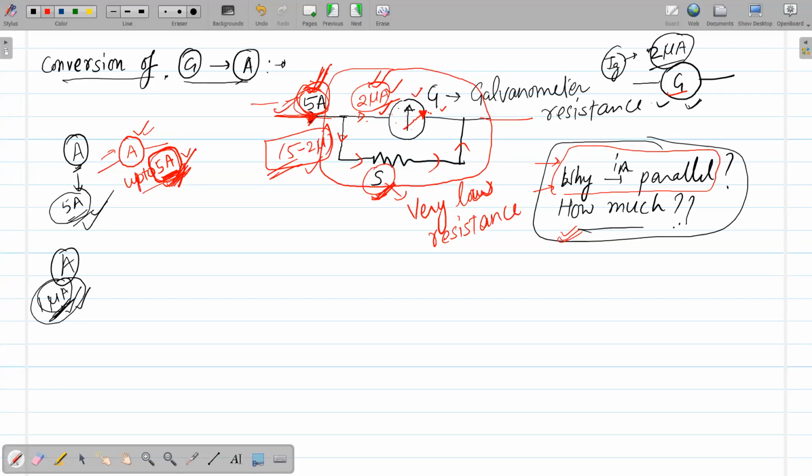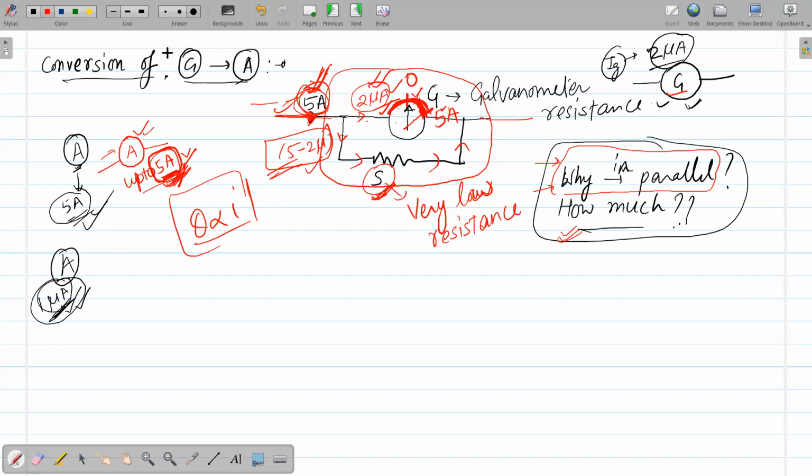And what we do is simply calibrate this scale. In the middle we write 0, and at the last point we write 5 ampere, and all the remaining part can be calibrated with equal divisions, because we know that theta is directly proportional to I for this galvanometer. In this manner we say that this galvanometer has now been converted into an ammeter. I hope you all have got this.